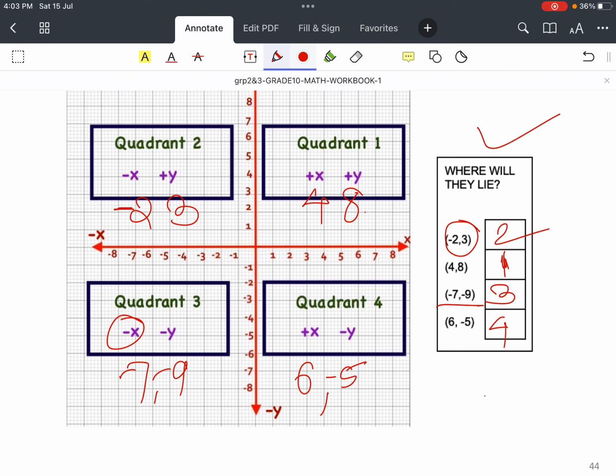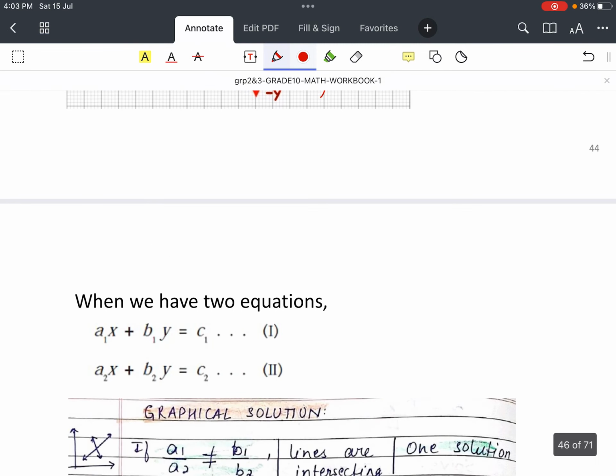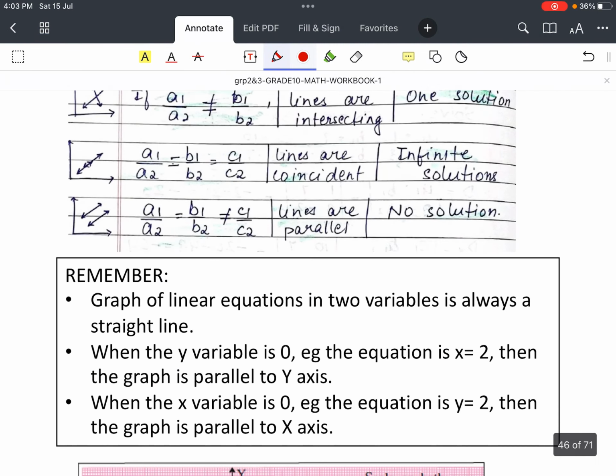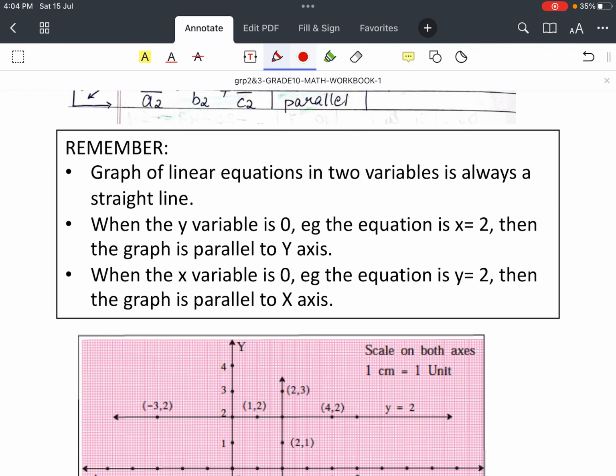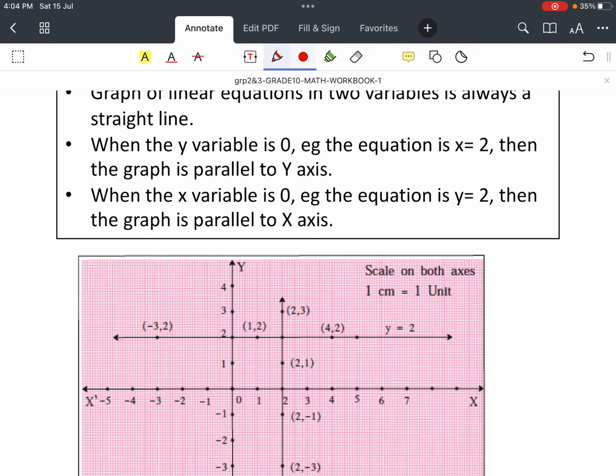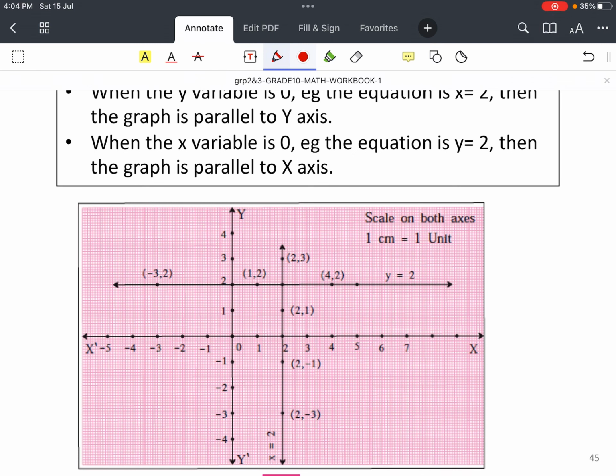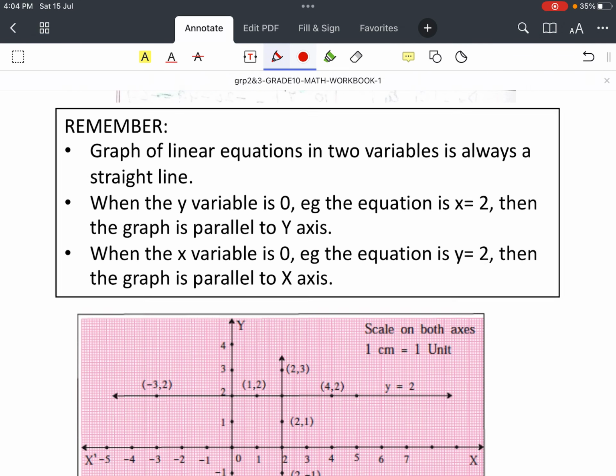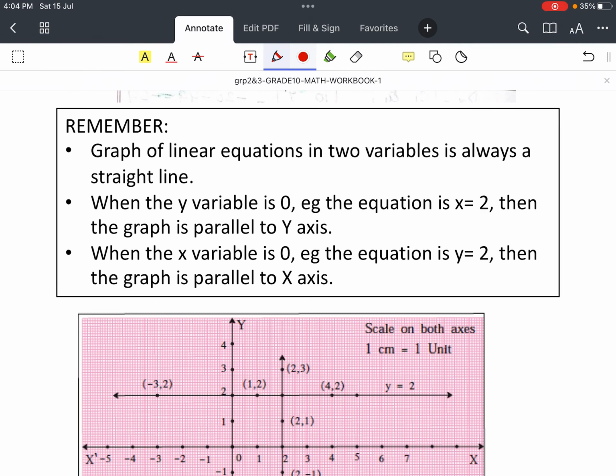Now this is all about the basic one. अब मान के चलो अभी आपको क्या करना है, ये जो ग्राफ है वो आपको प्लॉट करना है। और अगर इक्वेशन डिस्कस कर रहे हो तो भी आपको ये डिस्कस करना है। लेट्स सी, रिमेंबर ग्राफ ऑफ अ लीनियर इक्वेशन ऑफ अ टू वेरिएबल इज ऑलवेज स्ट्रेट लाइन। ये दिमाग में रख के चलना है। किसी भी लाइन का अगर इक्वेशन ड्रॉ कर रहे हो, मतलब लीनियर इक्वेशंस इन टू वेरिएबल होगा। टेक एग्जांपल x प्लस वाई इज इक्वल टू 3, ठीक है।